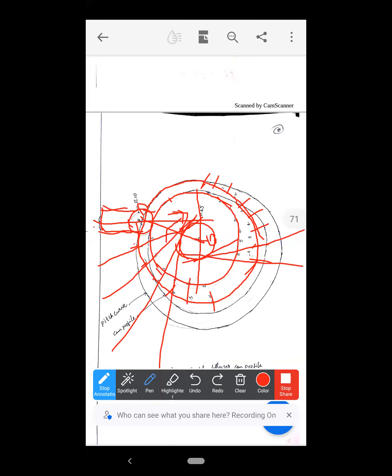This way we have to divide. Once the tangential lines are drawn through the divisional points, now